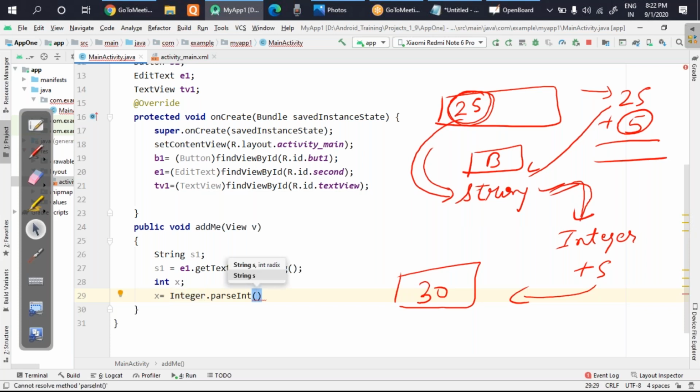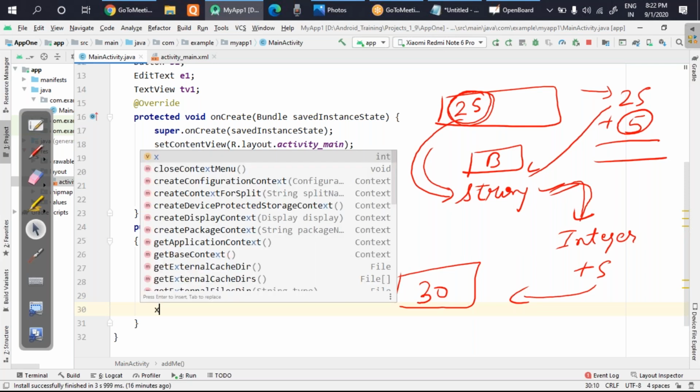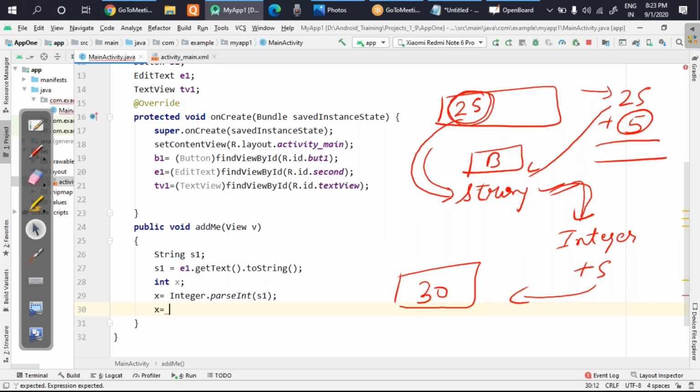If you pass it a string, which is S1 here, it will convert that string into an integer and store it into X. Now, as per the logic, we have to add 5 to it, so I write X = X + 5. Now X is updated with 5. Suppose it is 25 there, then 5 will be added, and now X contains 30, as per the example.